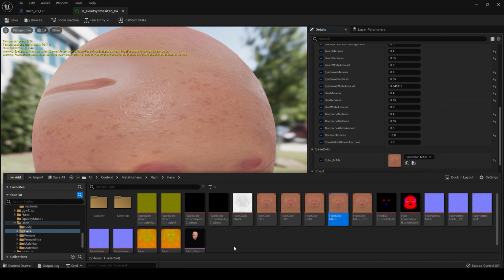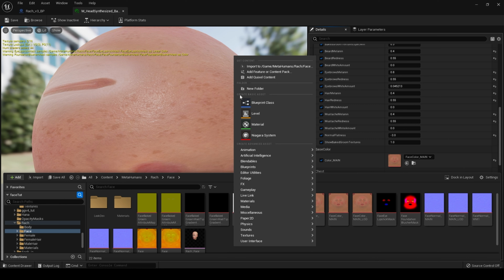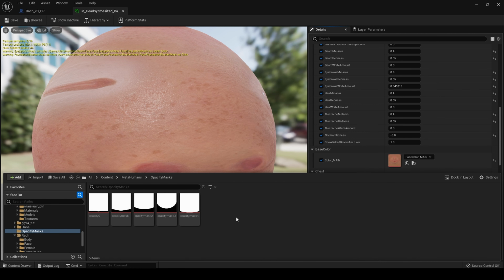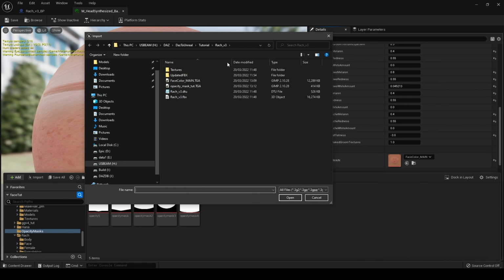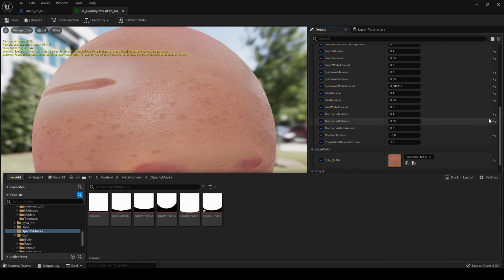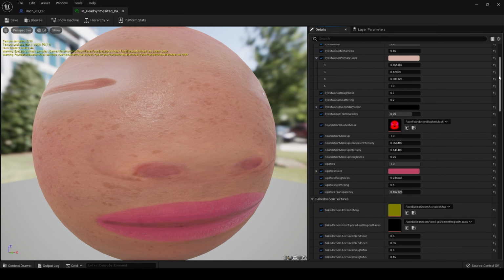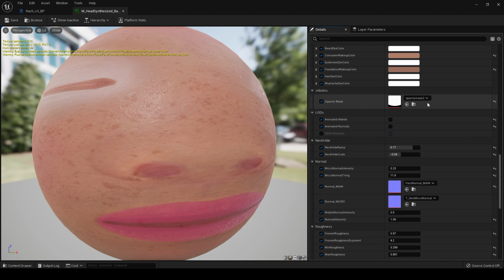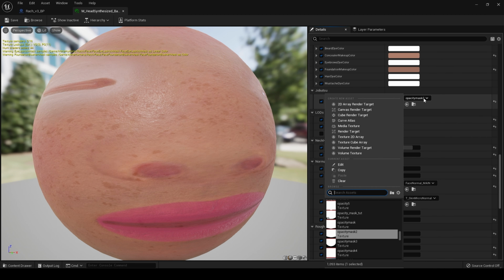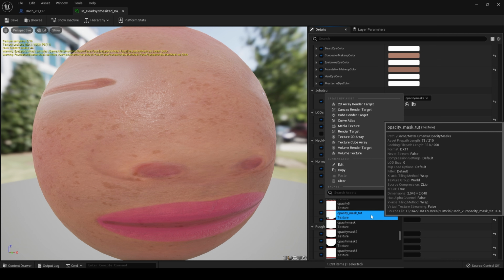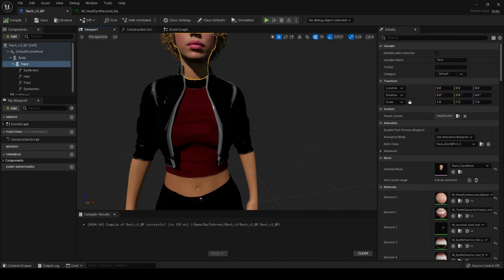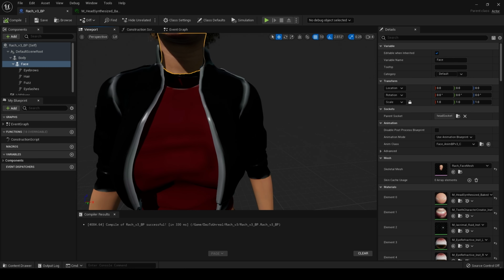Then back inside UnrealEngine, I want to import. I actually have a folder created for opacity masks. There we go, and import that into the engine. Opacity mask tut. Then, if we find our opacity mask in our material instance, opacity mask tut, there it is, and hit save, and we go back, and so that is the opacity mask